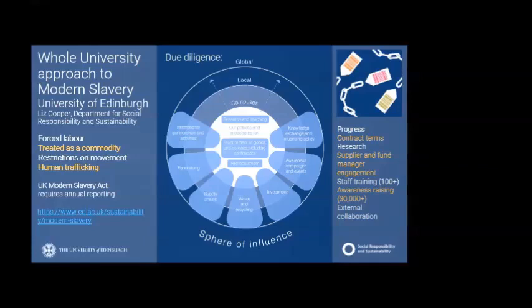The UK Modern Slavery Act 2015 requires businesses to report annually on what they're doing to mitigate risks of modern slavery in their own businesses and their supply chains. This also applies to universities with a certain turnover. Here at the University of Edinburgh, we've decided to go beyond these requirements of looking at your own business and your supply chains, although supply chains are a very important part of it, to look at our whole sphere of influence. So looking at what's happening on campus, what influence we have locally and influence we have globally.